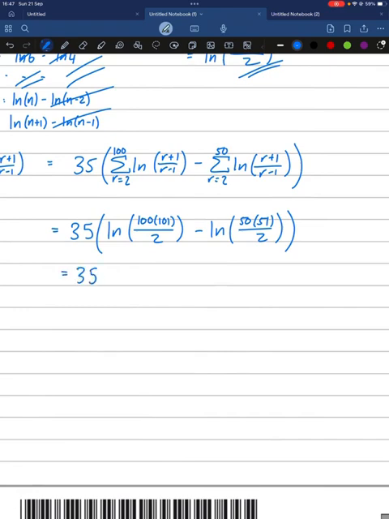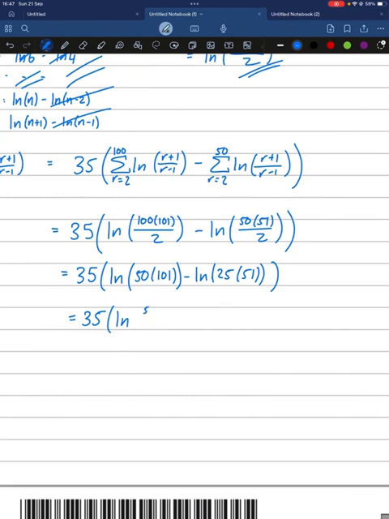Well that's 35 lots of ln of 100 over 2 is 50, so 50 times 101, minus ln of 50 over 2 is 25, so 25 times 51, which is 35 times ln of 50 times 101,